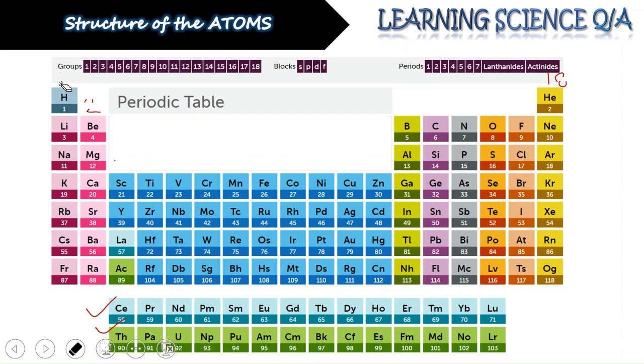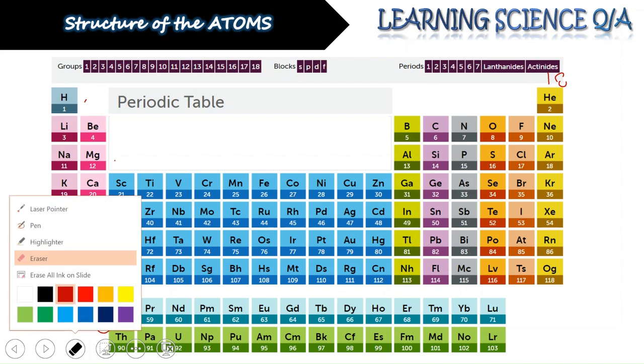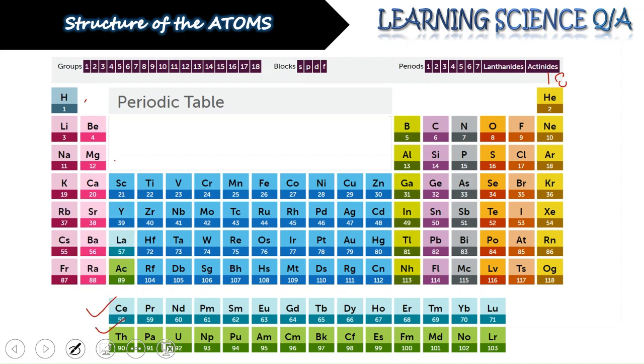Now, just see this one more time with the help of this periodic table. Suppose we are talking about the second group. We know that outermost electrons are 2 in this case. That means the number of electrons present in the outermost shell is 2. So every time we are moving from top to bottom, there will be an increase in the number of shells, though the outermost electrons will be the same in number, like this, right?